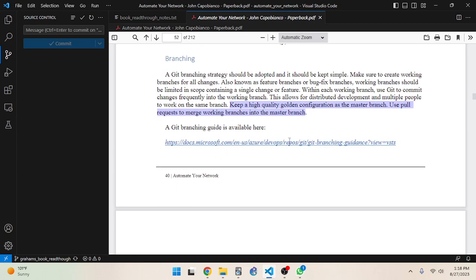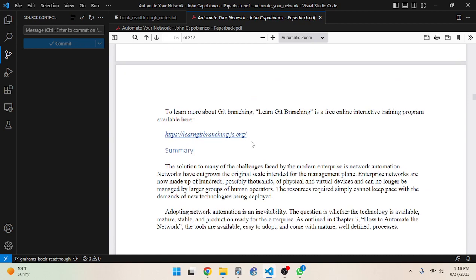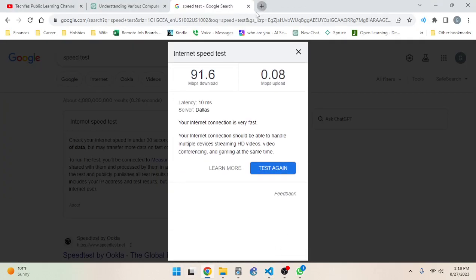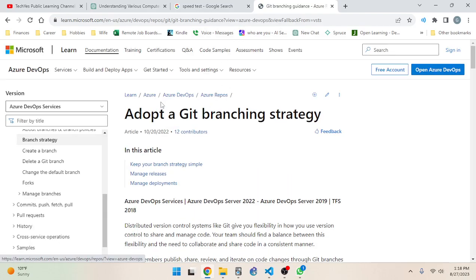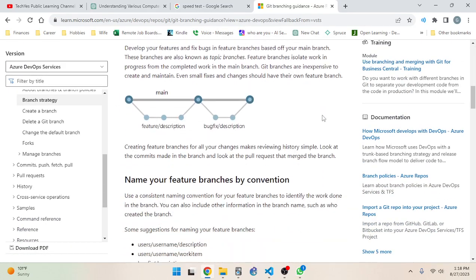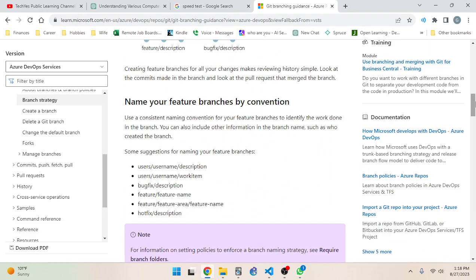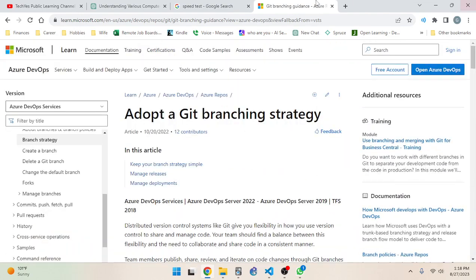So a Git branching guide is available here, which I might want to save. Oh sweet, and there's a tutorial. All right, so here's the Git branching guide. This is Microsoft documentation. I'm going to save this.